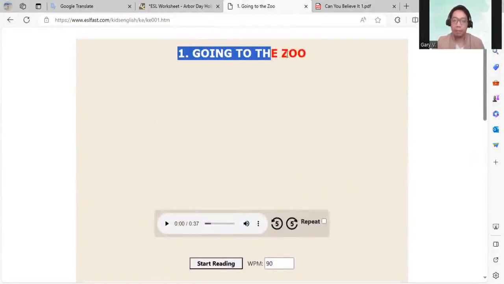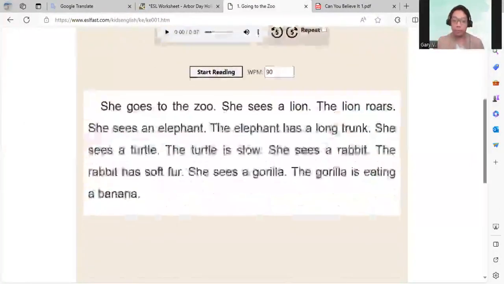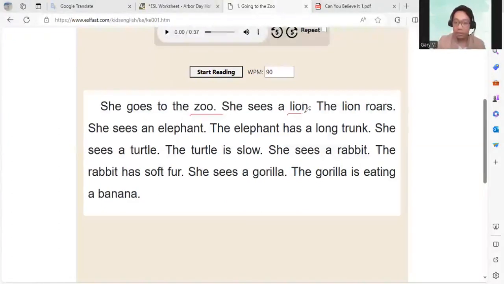For example, the topic is going to the zoo. Now, as you can see, the sentences are also quite simple. It's the same thing. If they mispronounce the words, then I'm just going to underline it at first, and later I'm going to let them pronounce it again. So if their pronunciation is correct, I'm going to check it like this,